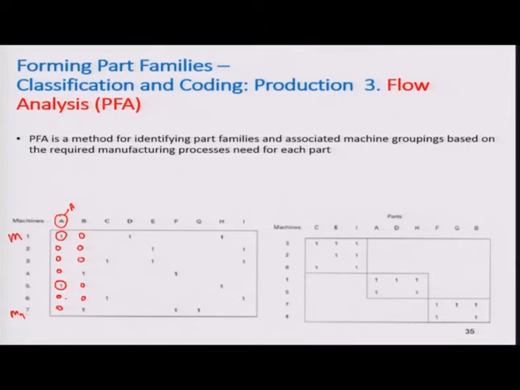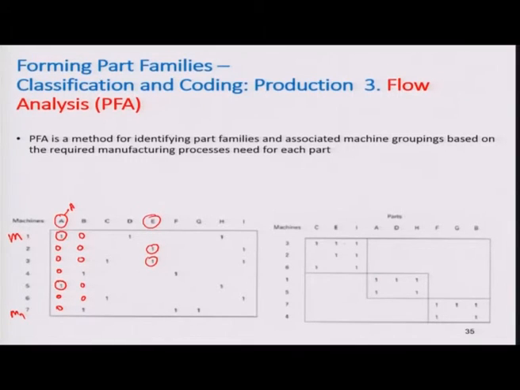Here you can represent your flow system, flow diagram, in a matrix form. For example, part E is processed on machine 2 and machine 3. After doing this, once you know which product is processed on which machine, you can group them together.